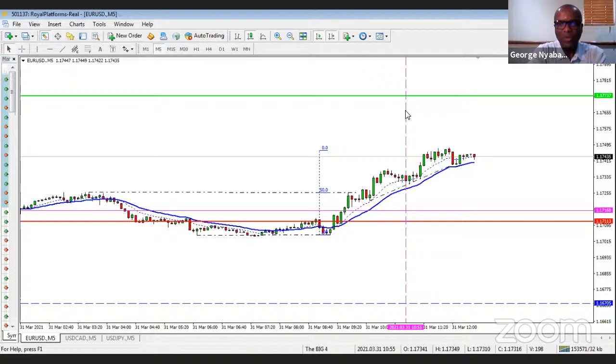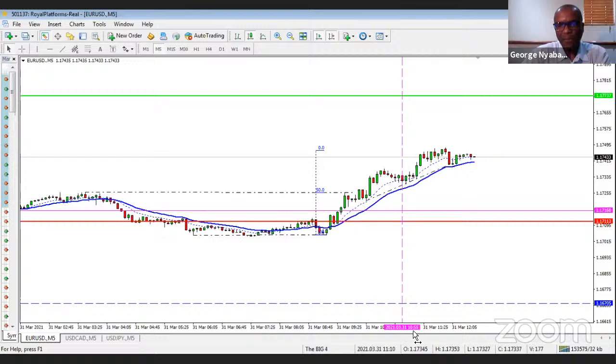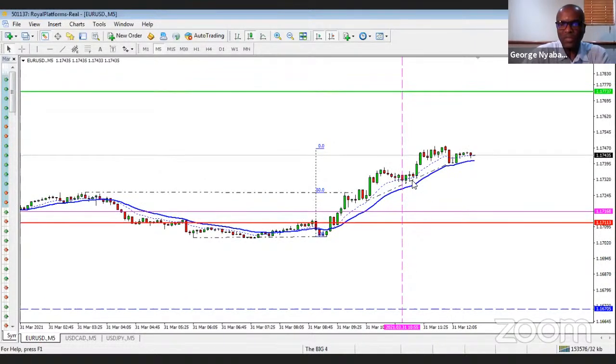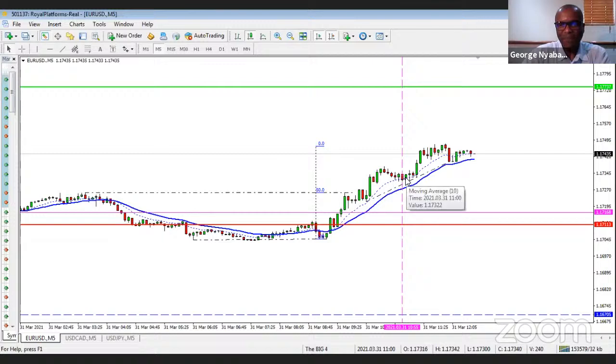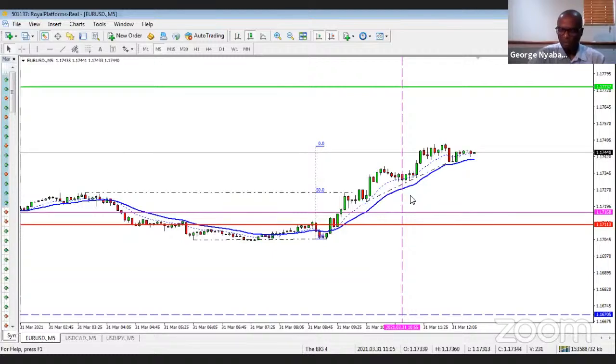So this is what I am looking at now. I've come into the market, and although you can see I've marked it at 10.55 on the MT4, I just want to see what actually happens with that very first candle of the day, just to see if I can get any indication of where the market is likely to go.